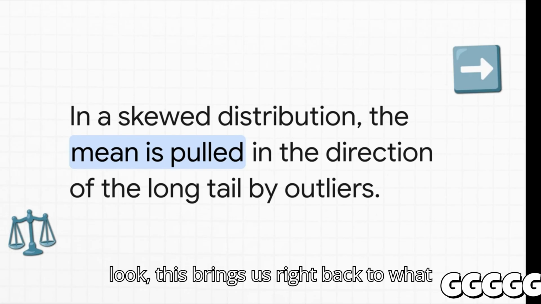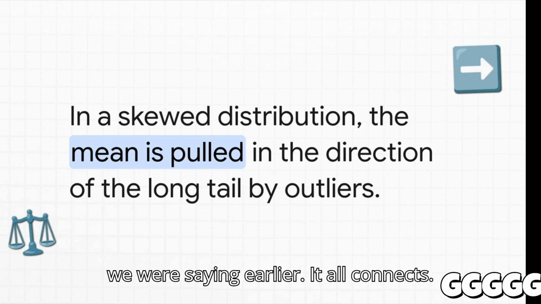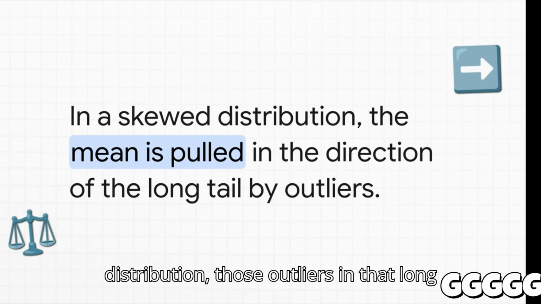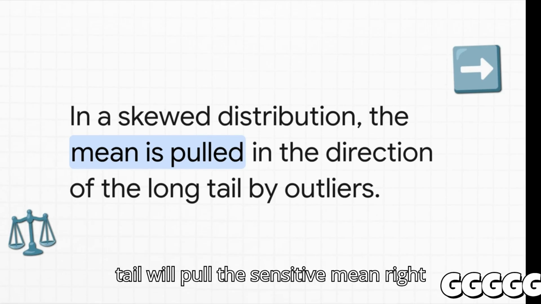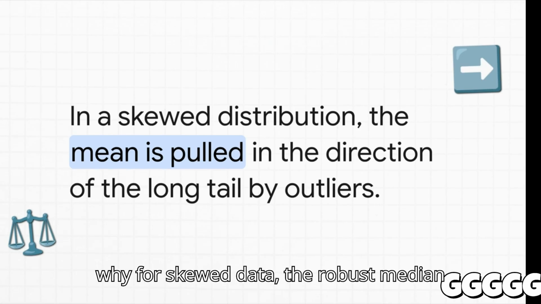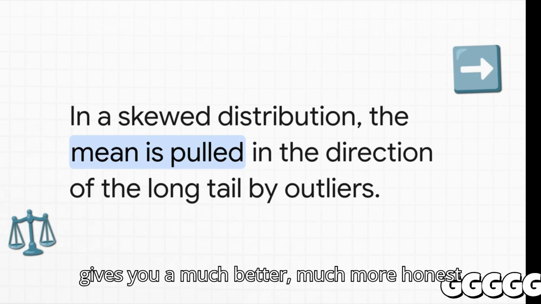And look, this brings us right back to what we were saying earlier. It all connects. As your lecturer pointed out, in a skewed distribution, those outliers in that long tail will pull the sensitive mean right along for the ride. And that is precisely why for skewed data, the robust median gives you a much better, much more honest picture